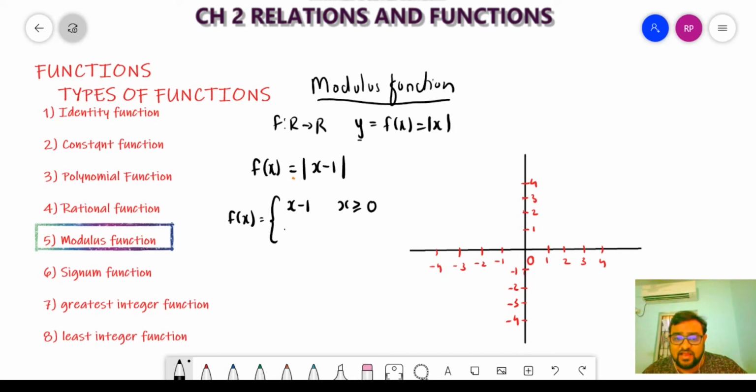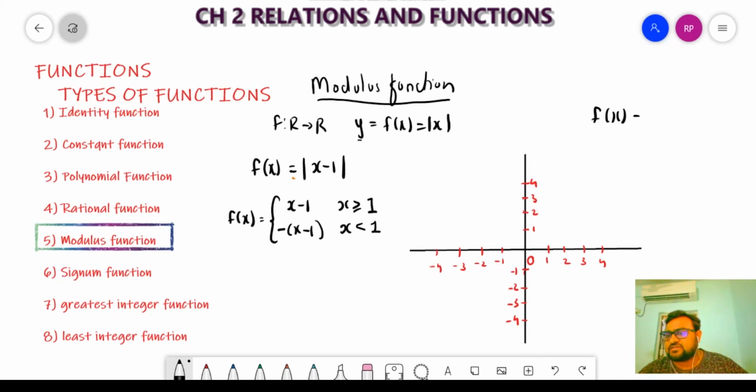But if the value of x minus 1 is less than 0, right, sorry, my mistake, if x is greater than equal to 1. Remember, when I take x greater than 1, then 1 minus 1 is 0, 2 minus 1 is 1, 3 minus 1 is 2, 1.5 minus 1 is 0.5, it will be positive. So as it is. But if the value of x is less than 1, then what you have to do? You have to take minus sign, minus of x minus 1.